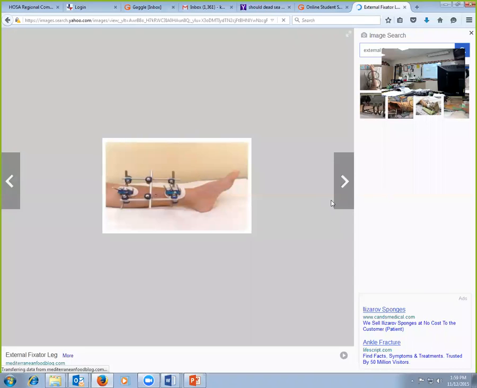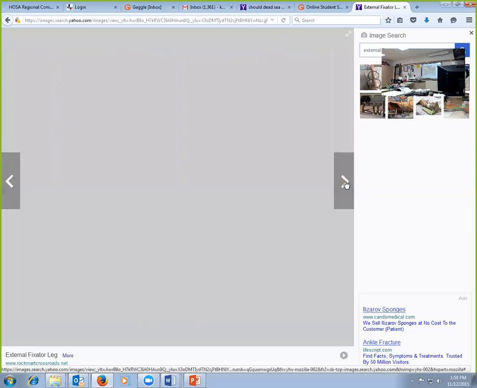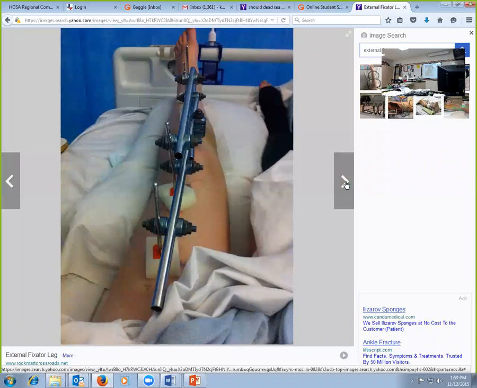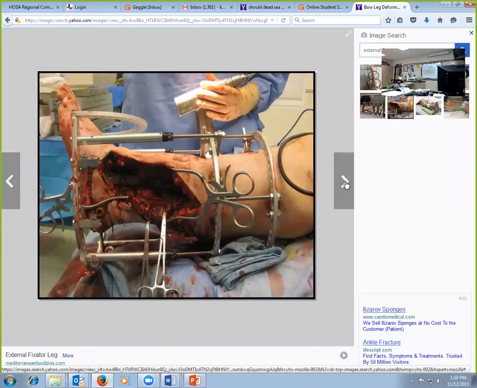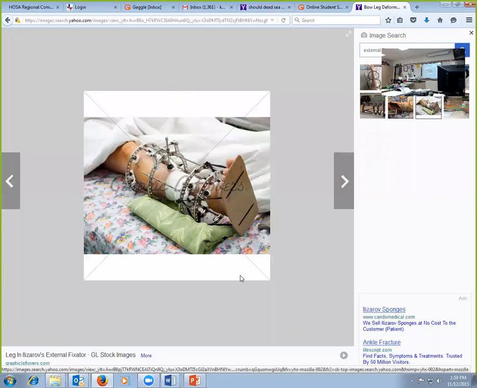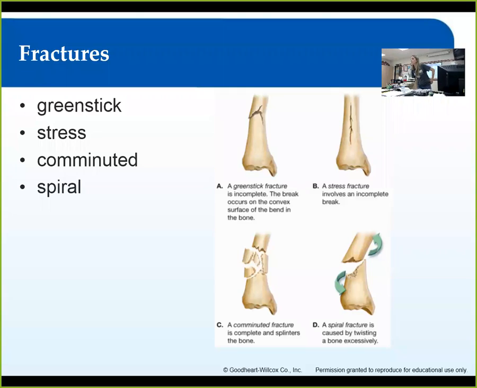It's not pretty, but you can see the pins going in, and it has this to help straighten it during surgery. So that one's straight from above. Anyway, a lot of times, and this is one thing, if you guys ever get an injury,